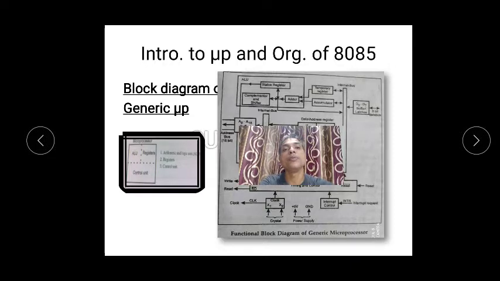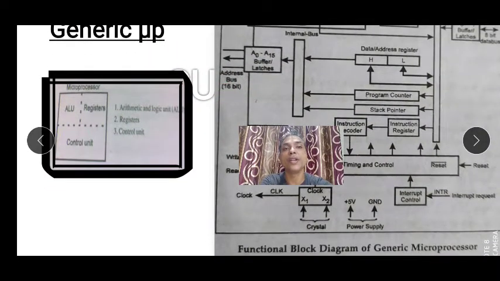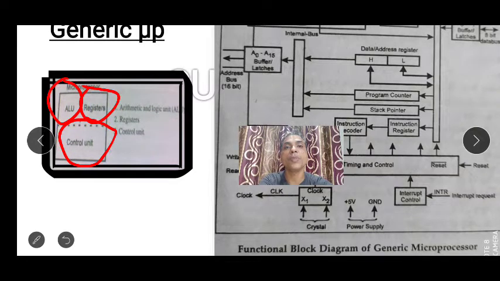We have already seen that a microprocessor is actually divided into three parts, that is ALU, registers, and control unit. I think we have already studied this in the first topic. ALU stands for arithmetic and logic unit, then registers and control unit. Now what we are going to study in this topic is